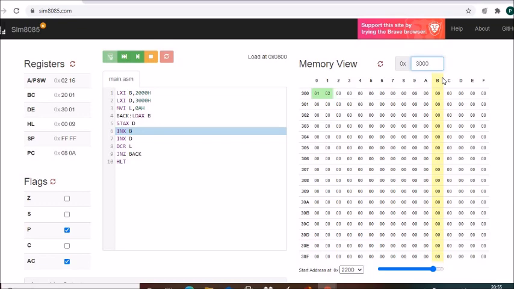So let us go to memory location 3000. C02 has come into 2001, so the second data is copied. Then INX B, B is incremented. BC pair is incremented to 2002, INX D, DE pair is incremented to 3002, DCR L, L will be decremented to 08, then